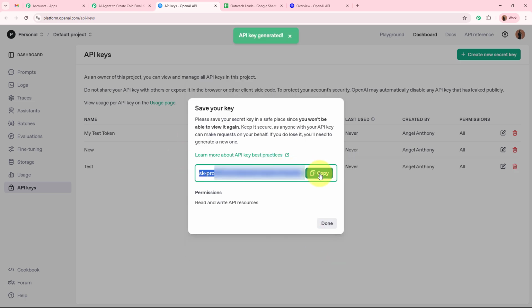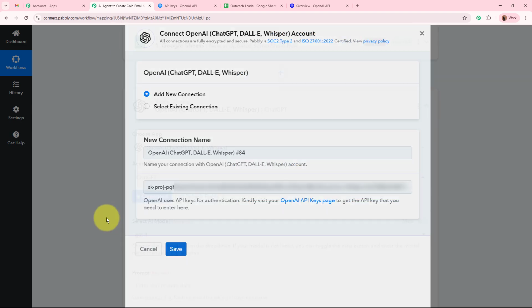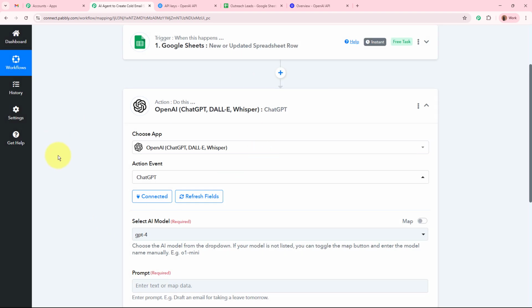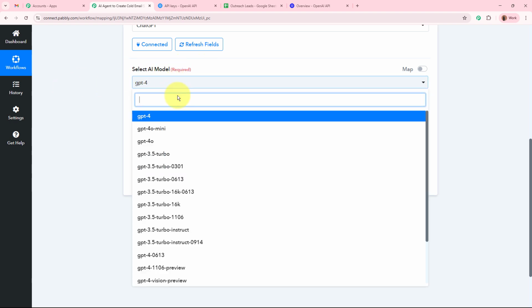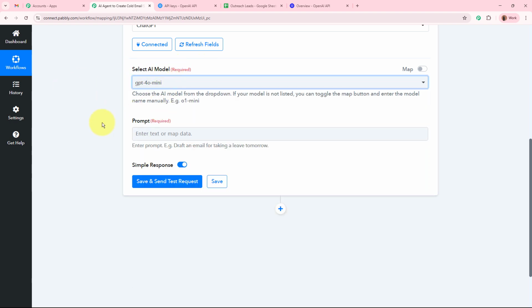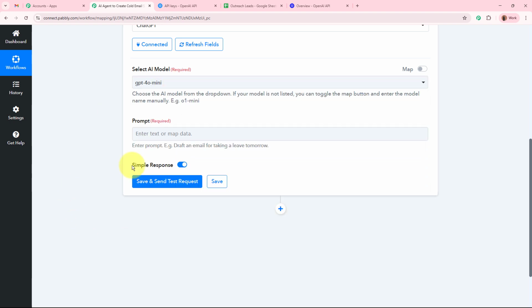Token is generated. I'm going to copy it from here and paste it in this field and click on the save button right over here. OpenAI is connected to Pabbly Connect. After connecting, it is asking for me to select the AI model, for which I'm going to select GPT-4o Mini. But if you want to use any other AI models as per your business requirements, you can definitely do that,